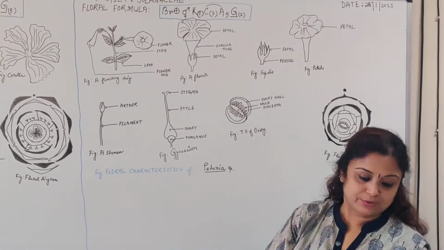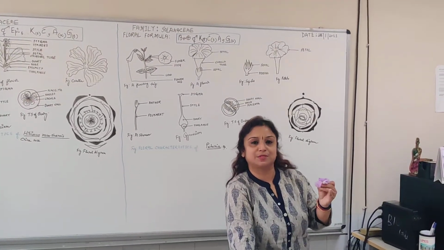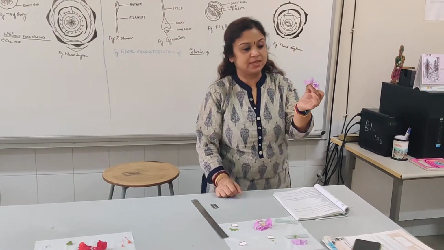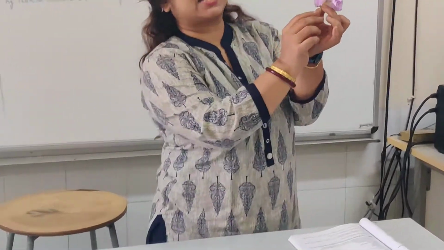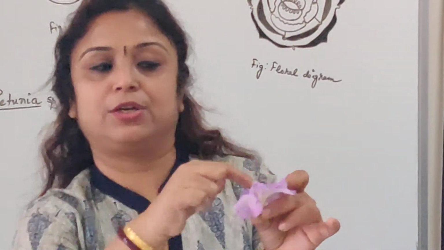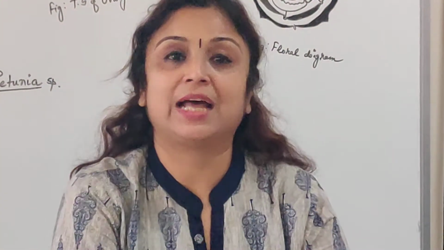I'll be describing the flower in semi-technical terms first. So the flower is bracteate. It has small bracts at the base, and pedicellate. The individual units are the sepals, and the complete unit is known as the calyx. The corolla, the second whorl, has individual units known as petals, then the androecium and the gynoecium.